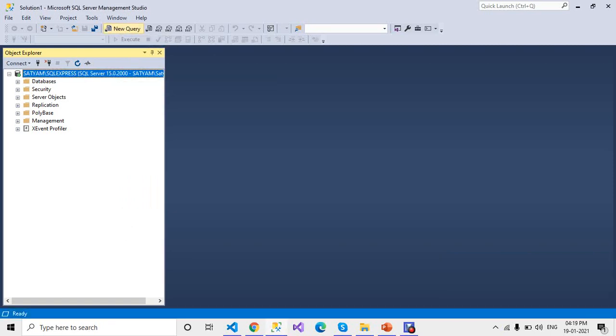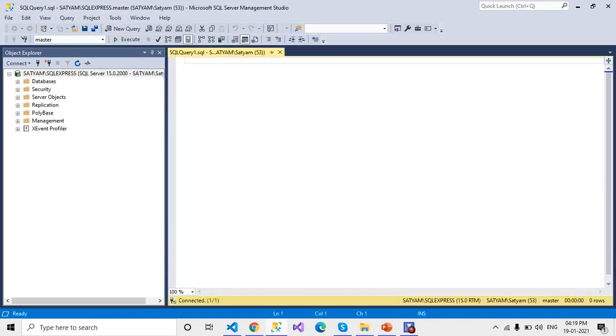Just click New Query, and okay, you have to zoom this. Okay, now it's fixed. So the query for creating a database is CREATE DATABASE.